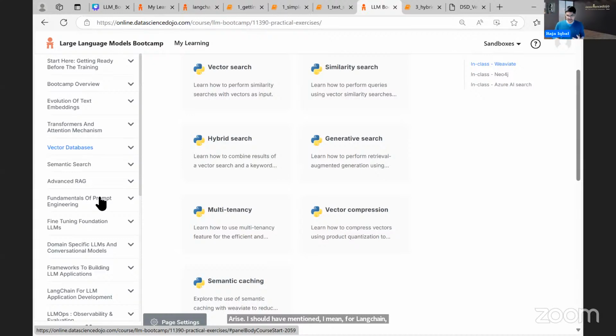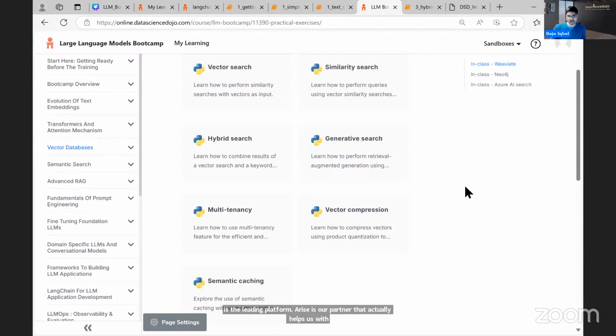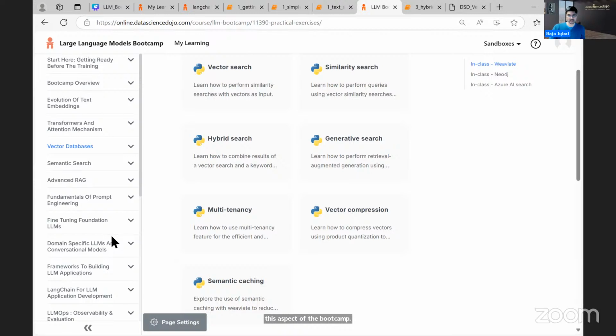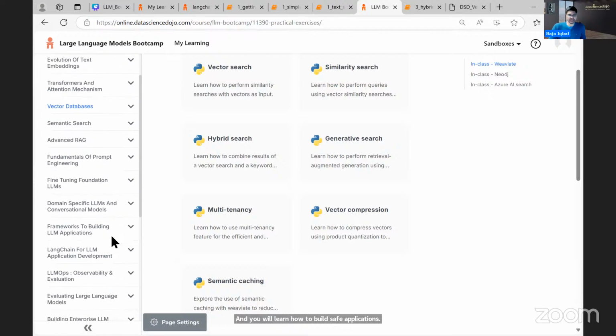RunPod provides us compute for the fine-tuning exercises. So they are our partners. In this case, for observability and guardrails, Arize is the leading platform. Arize is our partner that helps us with this aspect of the bootcamp. And you will learn how to build safe applications using any large language model for any purpose.